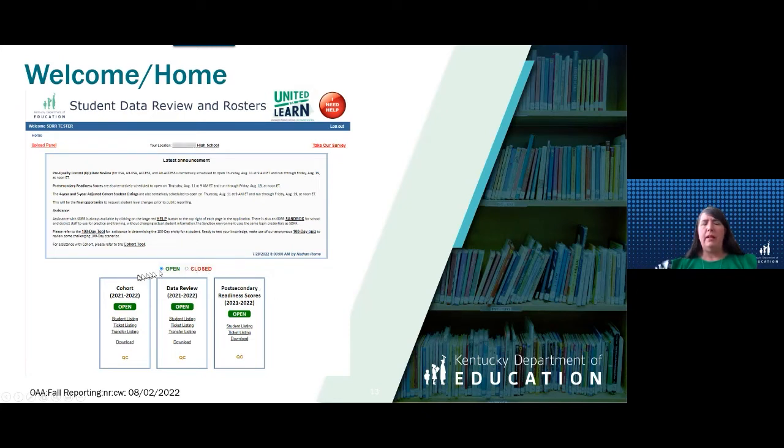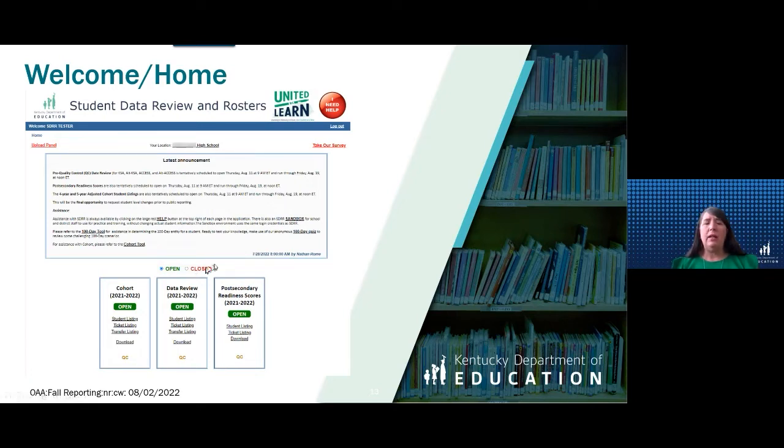And remember, you have 2 buttons. You have one that is open that'll tell you what is open, and then you also have closed. If you click on the closed, you'll be able to see your rosters that were open for both access and alternate access back in January through March. Those rosters were just to do the non-participations only. You can also click on closed to be able to get to your spring rosters.